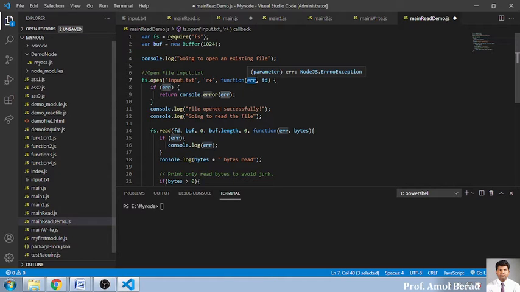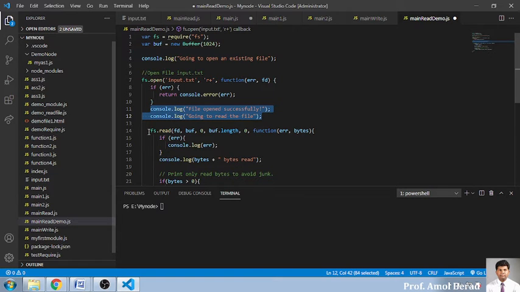So we have to report the errors which are generated over there, and then the object which is created after opening. As soon as the file is opened, the object will be created. If it is not created, the error part will be executed. Now, if the error is executed, we need to handle it by displaying an appropriate message. And if the object is created, automatically the next two lines will be executed. These are the two things we will be doing over here.